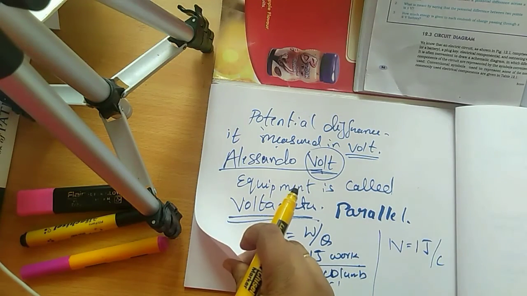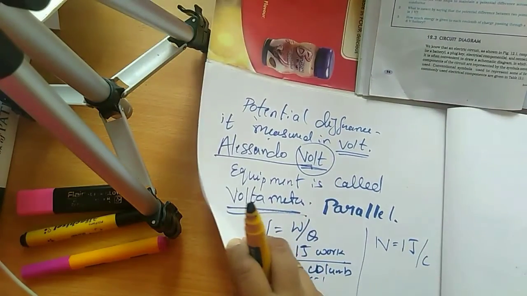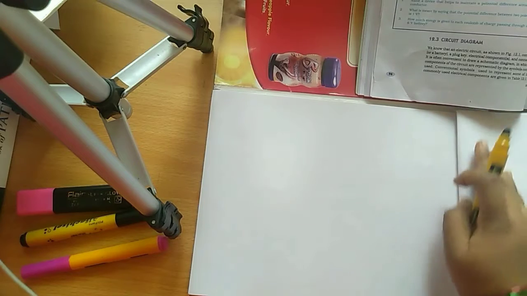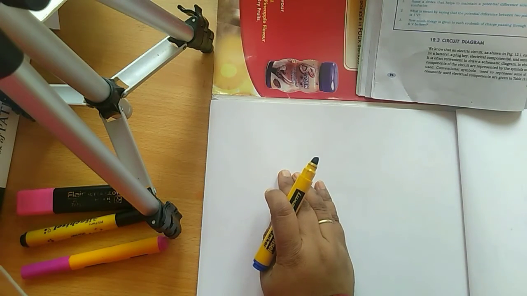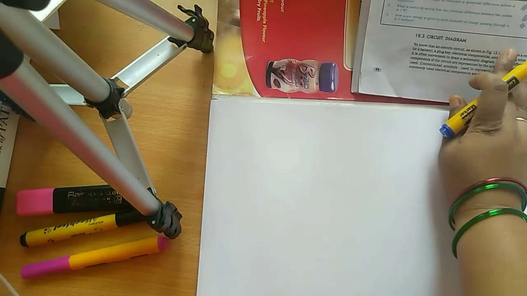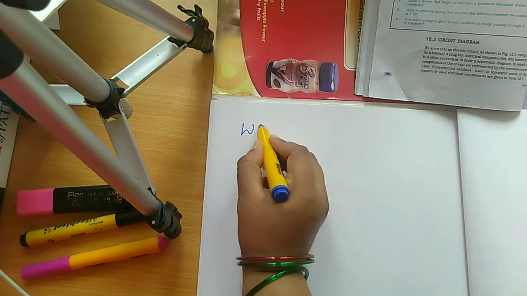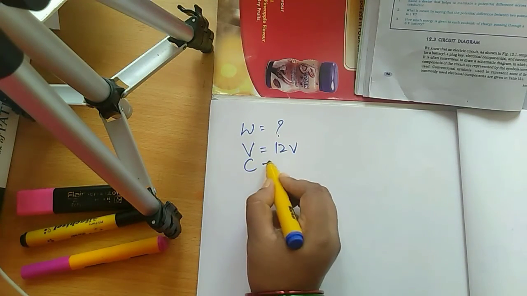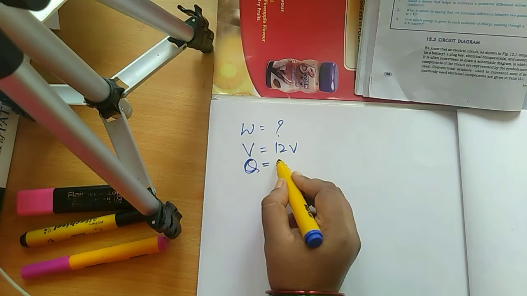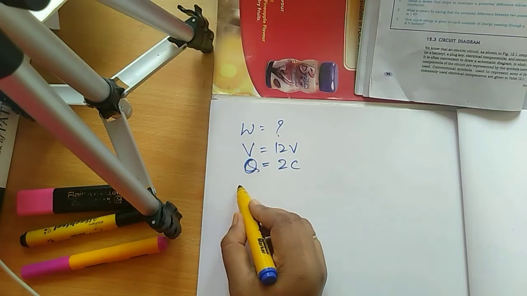Here is one numerical problem they gave. You can see the numerical problem. What is that numerical problem? The amount of work done in moving 2 coulomb charges across two points having potential difference 12 V. They don't give the work done. Voltage is equal to 12 volt, and the charge is 2 coulombs. Work done is equal to,